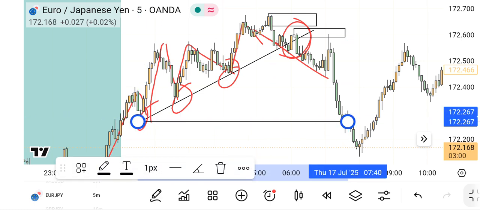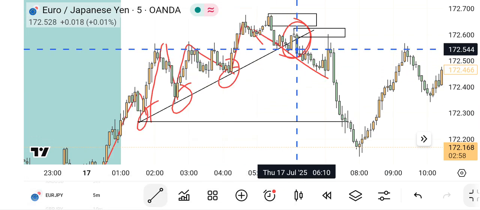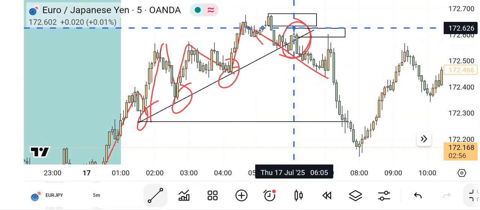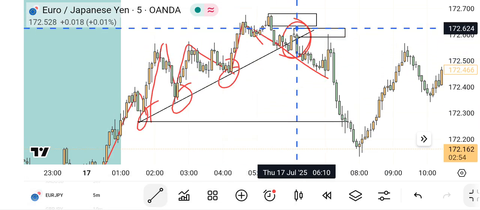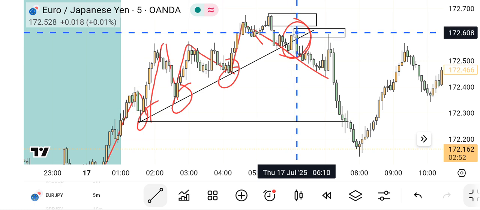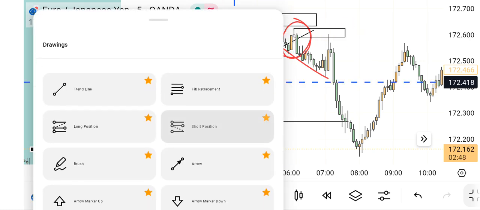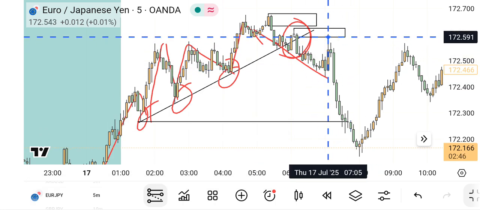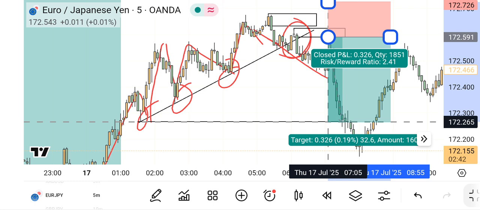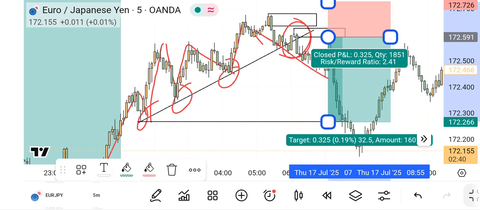Then my stop loss is above this doji candlestick here. Then my entry was here. My entry was around this zone. Then my take profit is here. So that's how I got my two entries on